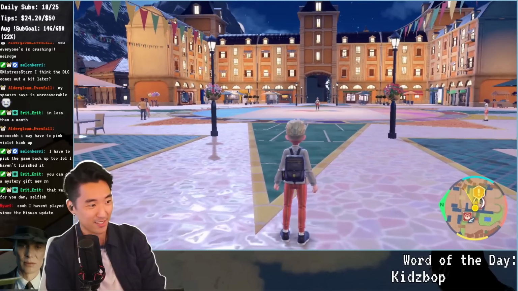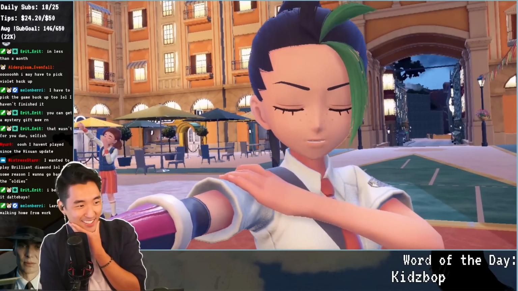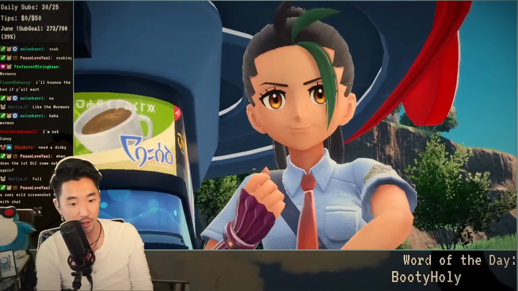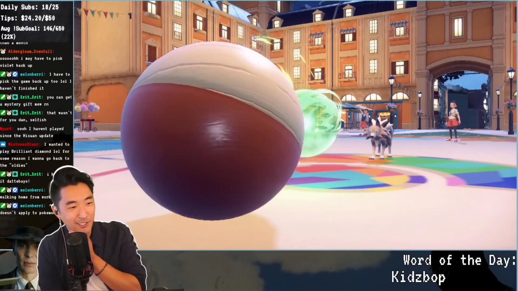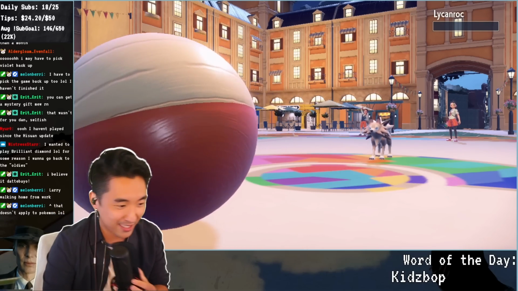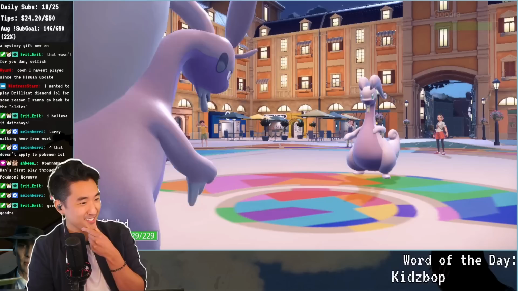We walked up to the central plaza of Mesagoza, spoke to our excited rival, and got ready for the penultimate important battle of the game. It was time to go all out on Nemona. Lycanroc, a single Energy Ball boosted by Scotch's Miracle Seed, gets Lycanroc out before being able to set up any rocks on our side. Goodra, after getting some Volt Switch damage from Scotch,